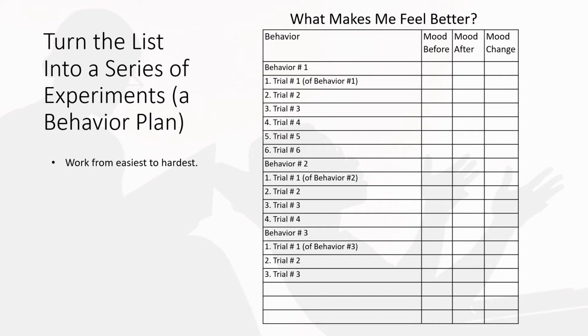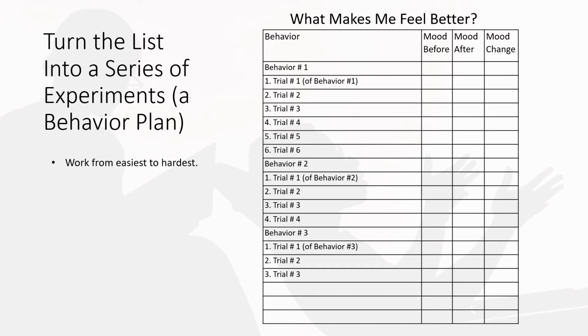And then what we're going to do is, just like it looks like on this sheet, we're going to say, okay, well, over the next week or 2 weeks, depending on when you're going to see them again, behavior 1, take a walk. All right. The first time I try it, they're going to fill in the date, and then they're going to write down the mood they're experiencing before, and the mood they're experiencing after, and how much it changed. And the way I want them to record their mood is on a scale of 0 to 100. So 0 being the most depressed one can imagine being, 100 being absolutely feeling great, not manic, just great, normal mood, right? The ideal